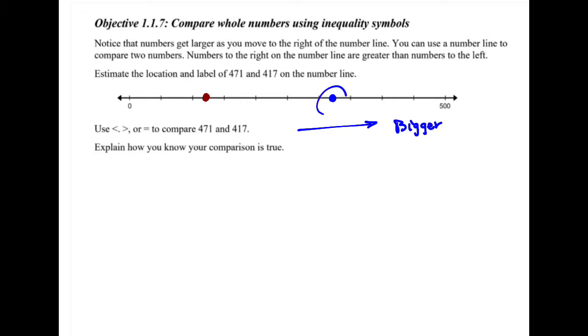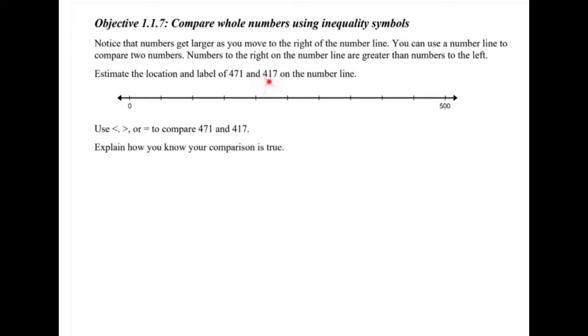So that means the blue one is bigger than the red one because it's further to the bigger side. Okay. All right, so estimate the location and label